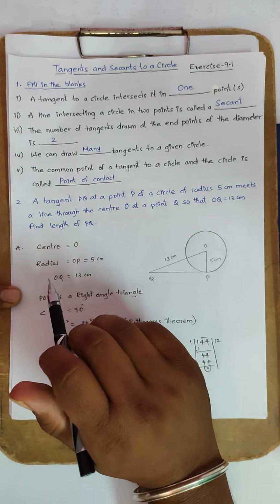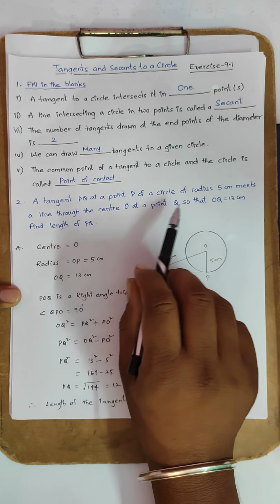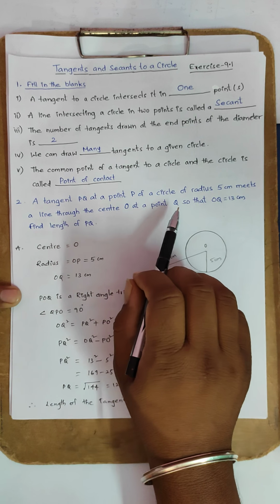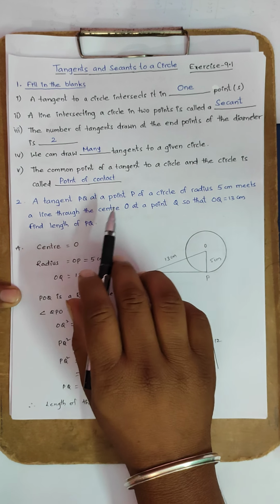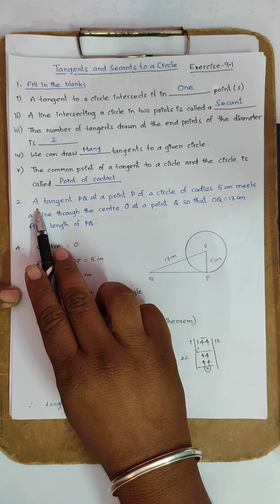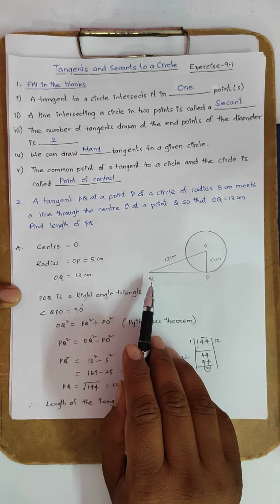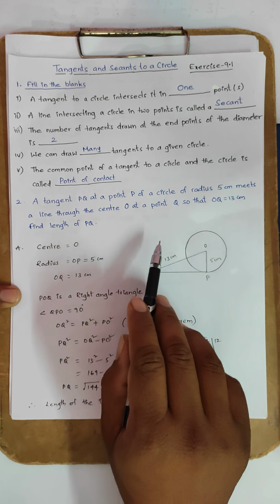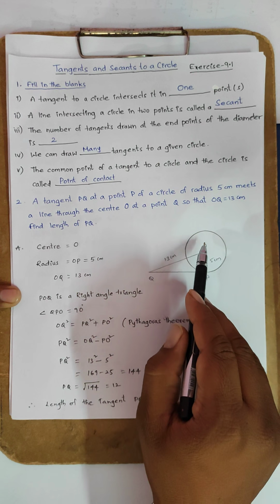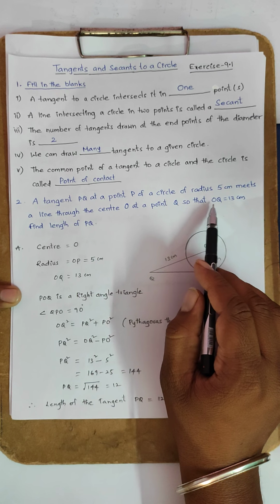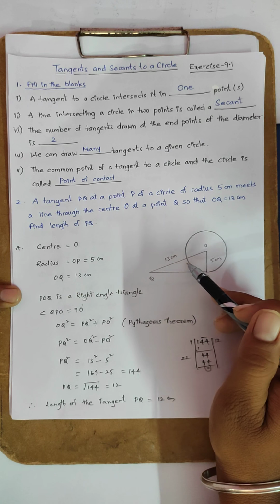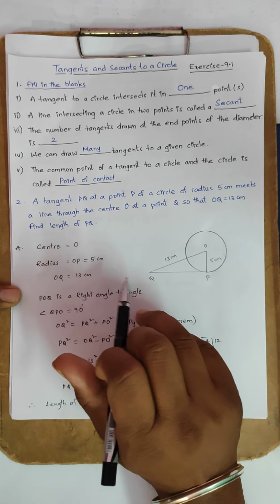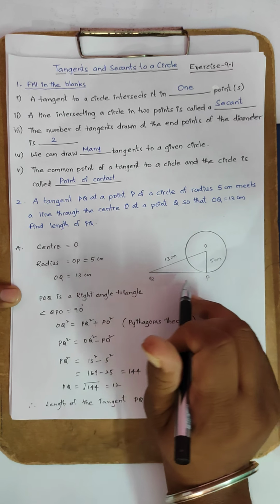This is the problem. First find the facts given in the problem. 5 cm, 13 cm, PQ, O. Try to understand all of this. First, clearly it is given that PQ is a tangent at a point P. This point is on a circle of radius 5 cm. Then what is the question? OQ is 13 cm. The distance between exterior point Q and O is 13 cm. Find the length of PQ. This is important.